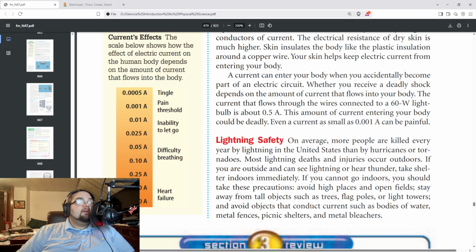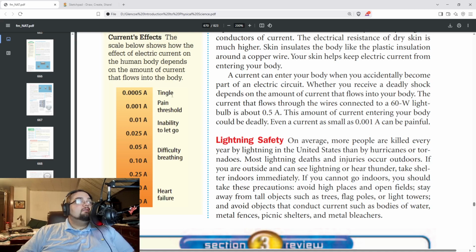Avoid objects that conduct current. Avoid water. Avoid metal fences. Avoid picnic shelters and metal bleachers. All right? Arguably, one of the best places you could go if you're in a lightning storm, see if you can get to a dugout. Dugouts tend to be made out of wood. They tend to be low to the ground. Best position. You see here a threshold,